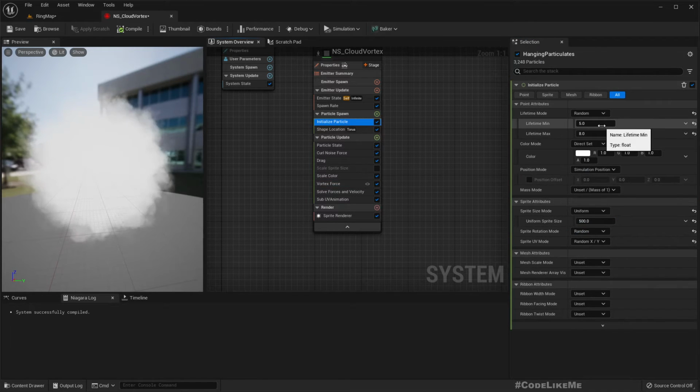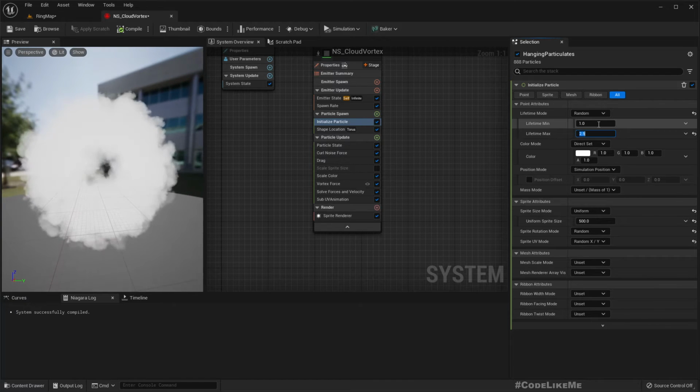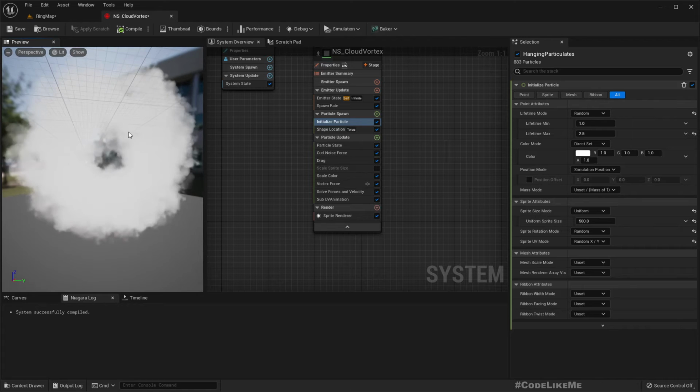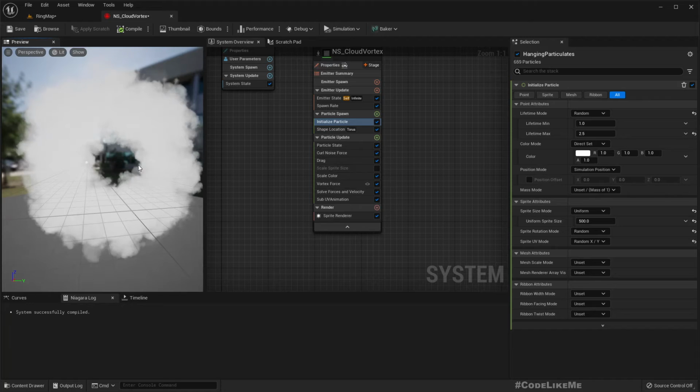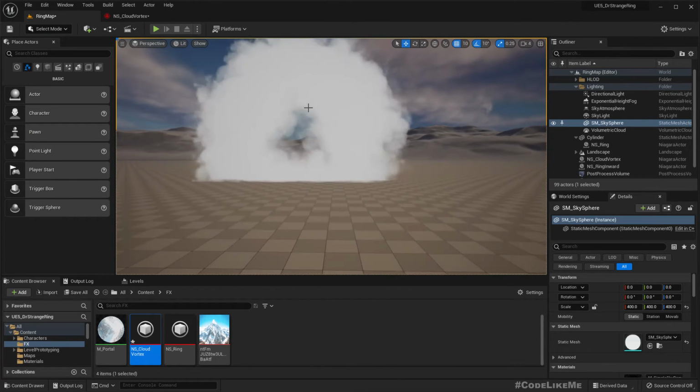Oh, what if we reduce the lifespan, like 1, 2, 3, 4, 5. Oh, see, now we see something in the middle. So if we just play with the scale, we might be able to improve the effect. See, so